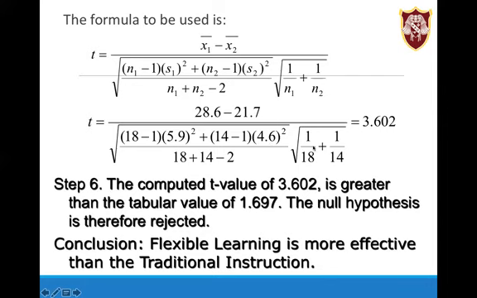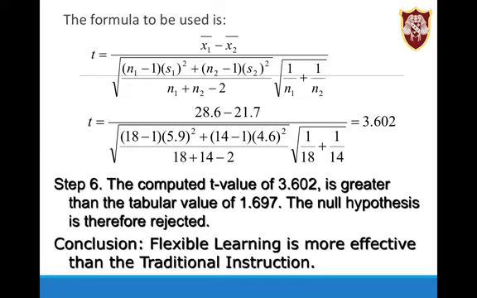So the resulting value that we get is 3.602. So this one is our computed value of t. So step number 6, we now compare the computed t value with the tabular or critical value. The computed t value of 3.602 is greater than the tabular value of